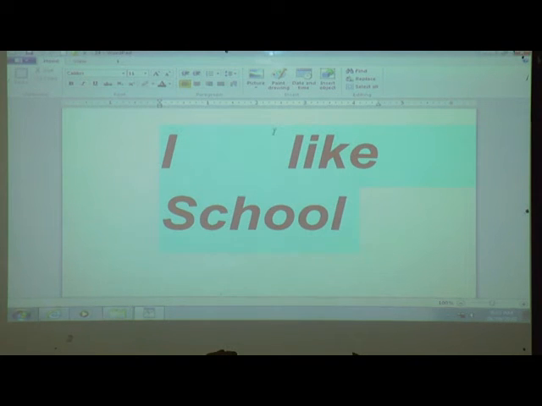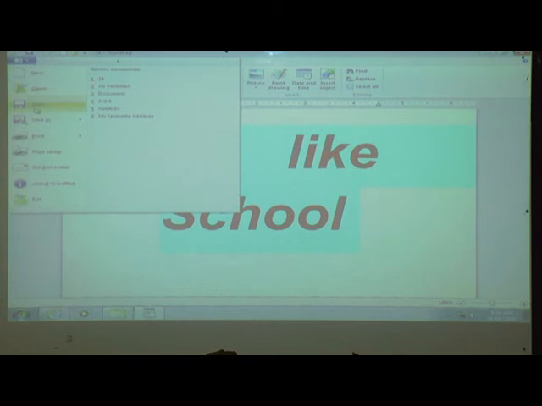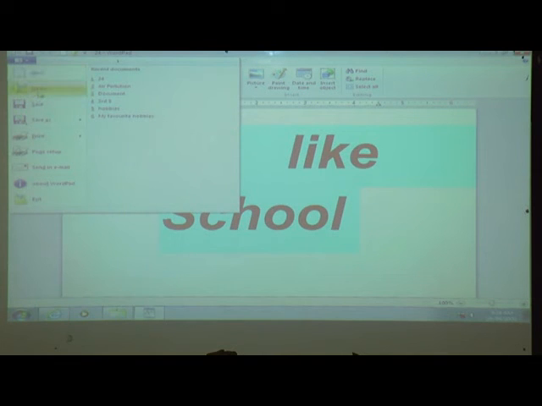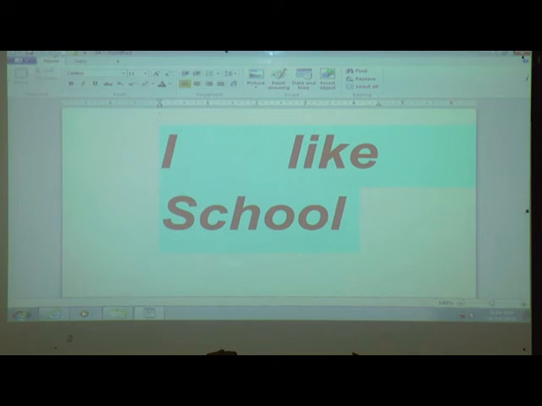Now what is the use of the undo option? Where is the undo? It is the undo and it is the redo. What is the use of both options? Because the remaining options we discussed in the last period. Now we will see about undo and redo. In the WordPad button and in the quick access toolbar, the same options are there, like new and open, but only these two options are not here. That's why we will see this.